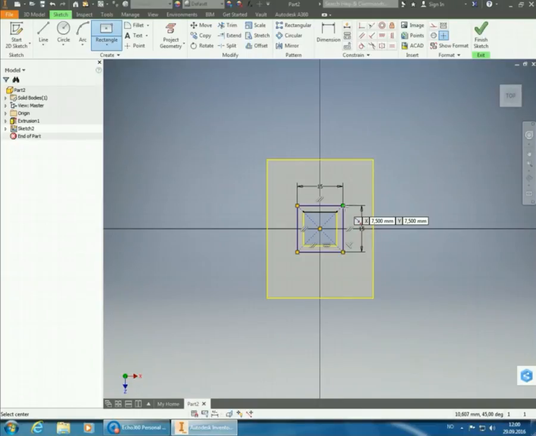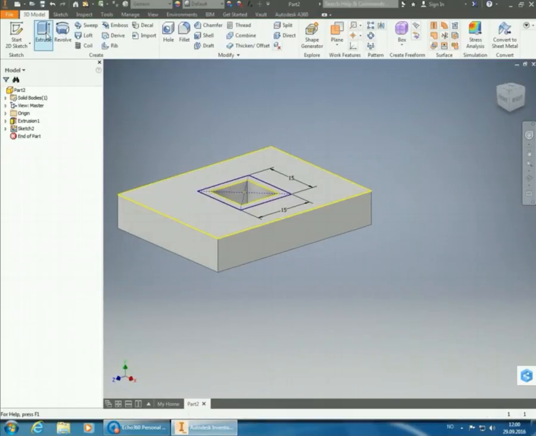And now Inventor is supposed to handle these yellow lines in the same way that it handles the blue ones once I want to do an extrude. So it should choose only this sort of outline that we have there. So if I do finish sketch, click the extrude one,